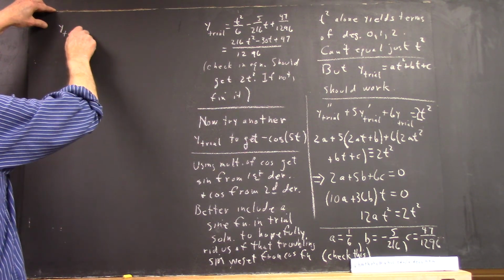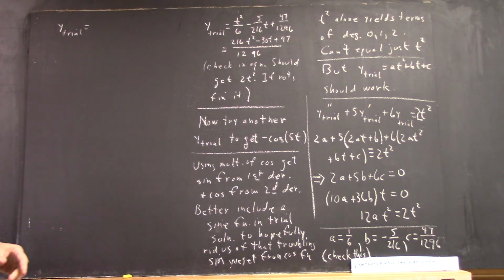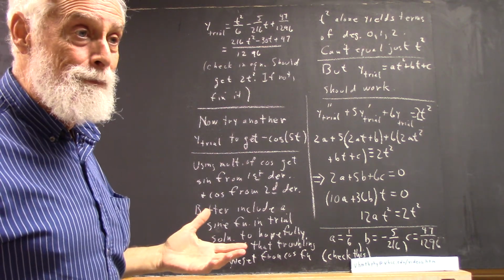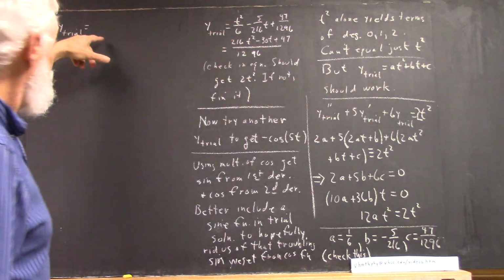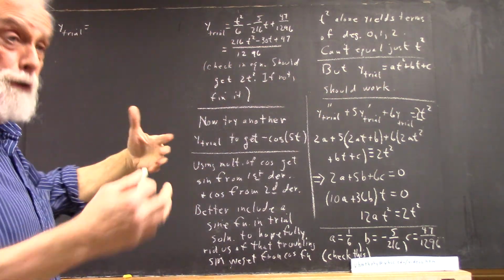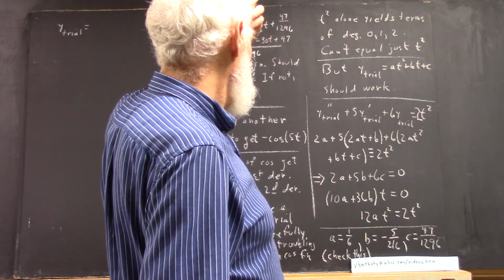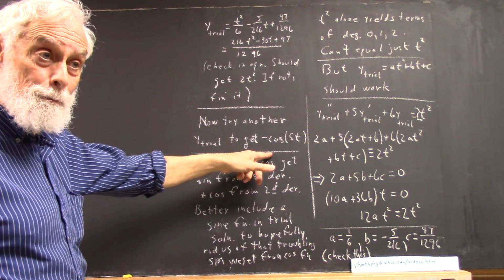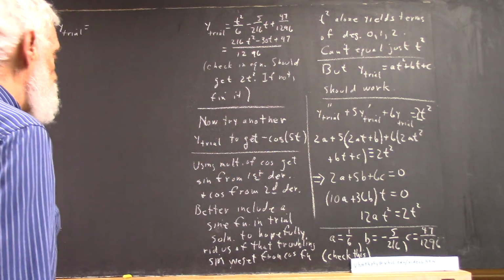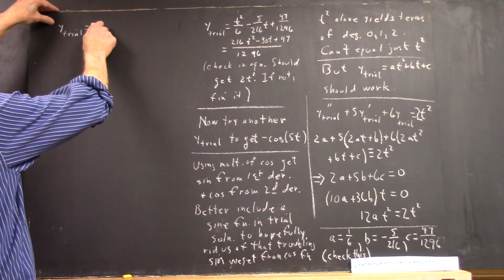Now I'm using the same notation for the trial solution here and here. And actually what we're going to end up doing when we do this is we're going to include both this and the function we're going to get here in one trial solution. We're not going to separate out the need to get a 2t squared and a negative cosine of 5t. Okay? So our trial solution is going to be